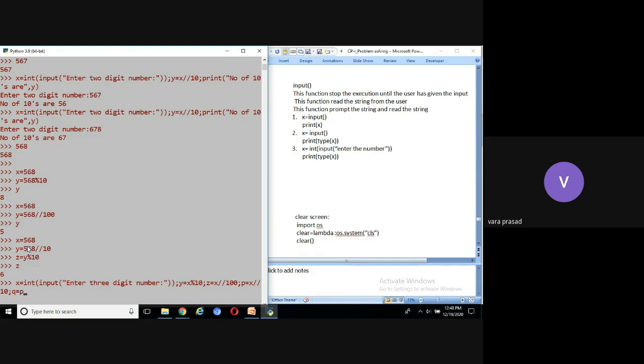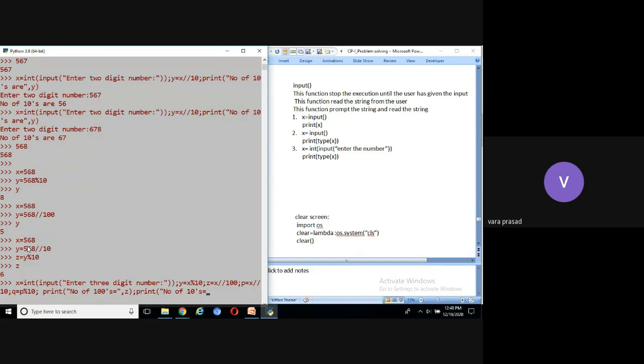P modulus 10. What do we have to do? Print number of hundreds. Number of hundreds is stored where? Z, comma Z. Right. Print number of tens.